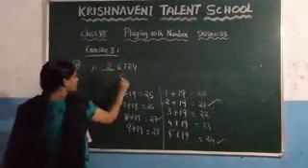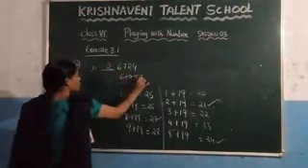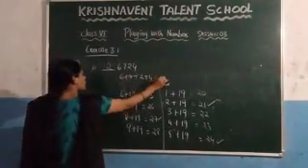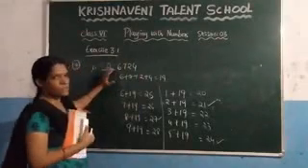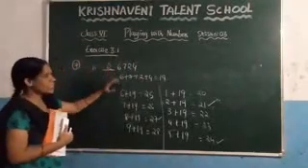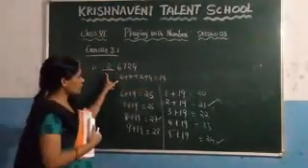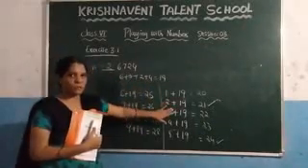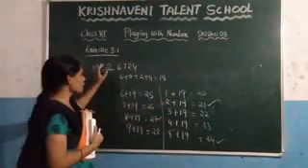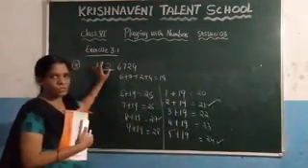We already calculated this one. 6 plus 2 plus 7 plus 4, which is 19. We got it. And now you need to check whether this number is divisible by 3 or not. 19 plus 2, which is 21, and you know that 21 is divisible by 3. So here what is the smallest number? You need to take it here, which is 2.